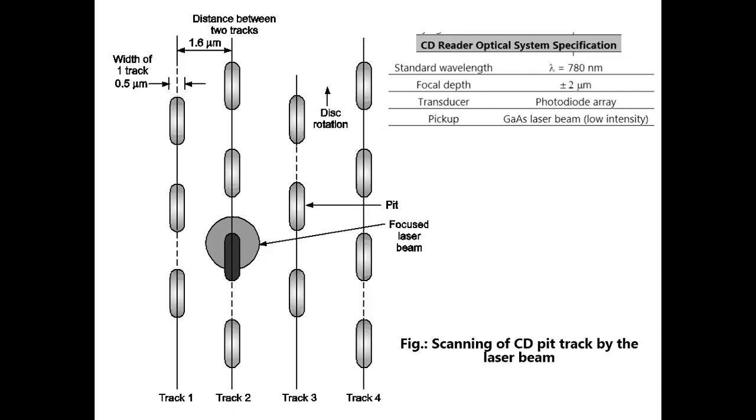And when you are using that optical assembly with a low intensity laser, then that laser is going to reflect back from that photoresistance material, where the information is written in the form of ones and zeros. Reflected information is going to fall on photodiode array. The photodiode array converts that information into electrical one. That electrical information is digital in nature. That information is converted into analog with the help of D2A converter. That analog information is pre-amplified, power amplified, and given to the loudspeaker, where this 20 Hz to 20 kilohertz signal is